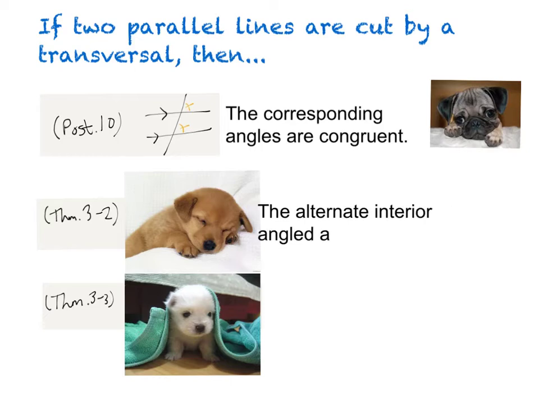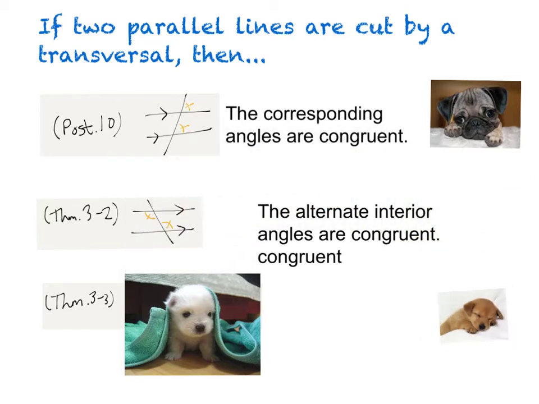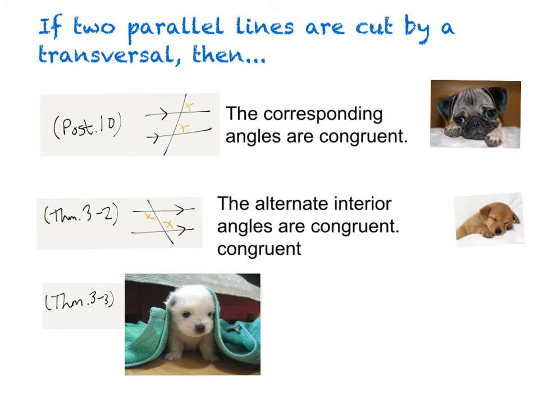angles are congruent. So that's another pair of angles that are congruent. Let's move our puppy out of the way. All right, here's an example of alternate interior angles, and what do you know? Those are also congruent. Our last theorem says if two parallel lines are cut by a transversal, then the same